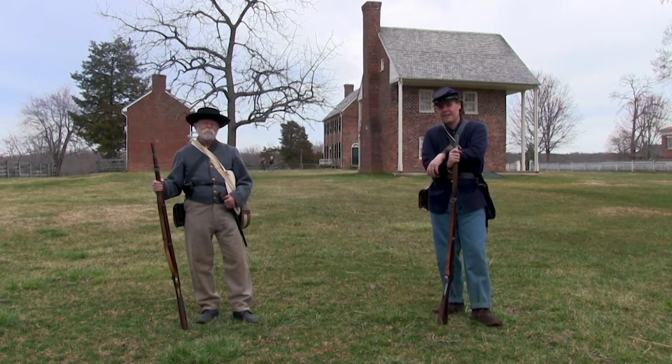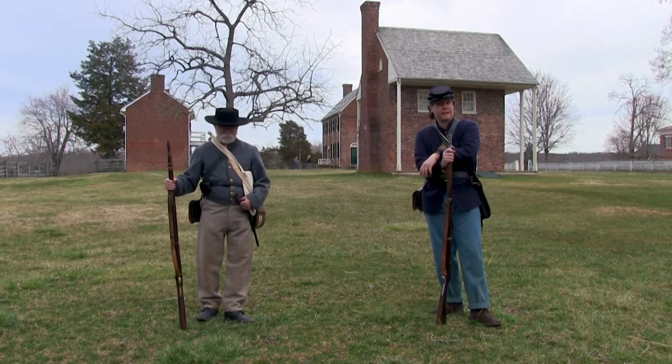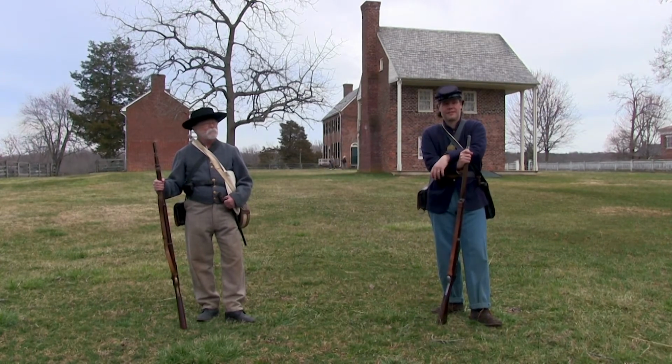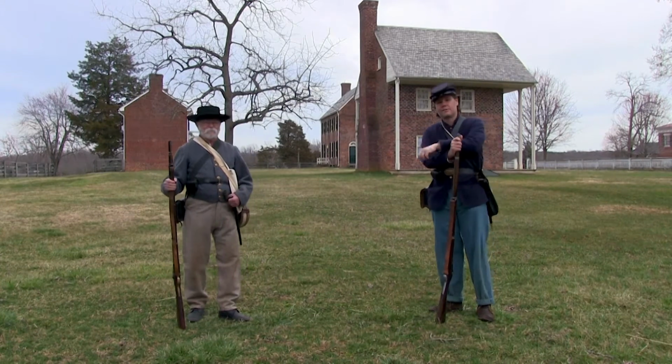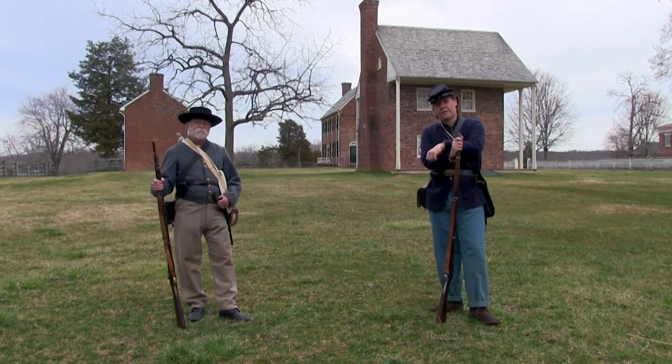And we're actually standing here in the village of Appomattox Courthouse. Community of about 100 people here in 1865. Some of the buildings behind me are the originals from 1865, including the Clover Hill Tavern right there in the middle. That is where the parole passes would have been printed for the Confederate soldiers after they surrendered here with